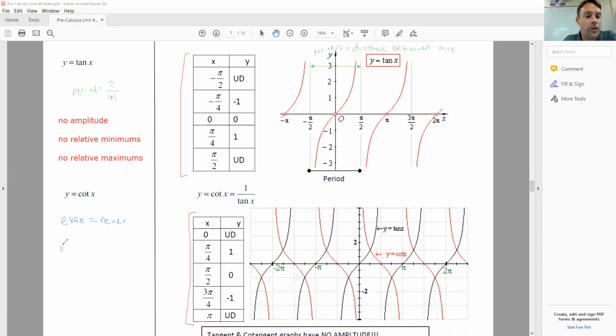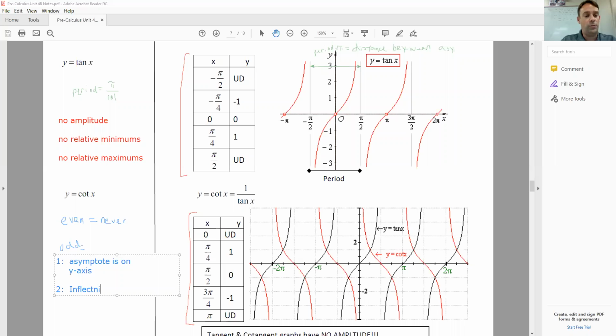However, there are a couple times when it can be odd. We have to deal with this a little bit. So a tangent or cotangent function could be odd if, see if I can change the color, there we go. If an asymptote is on the y-axis, or if the inflection point,